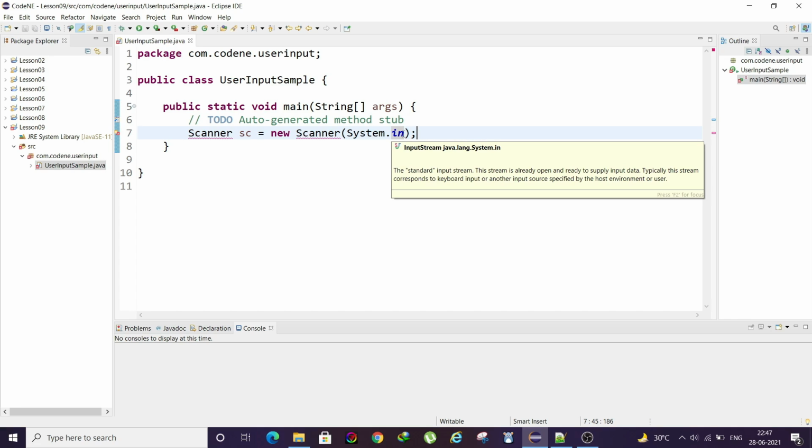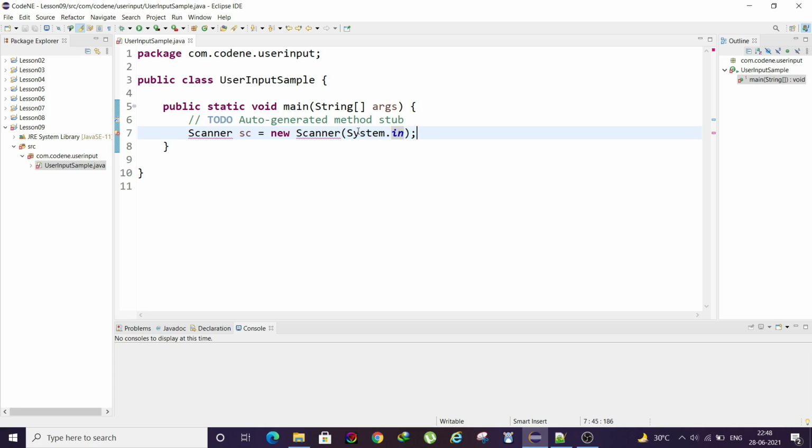In our previous lessons, you have seen that to display any output, we use System.out.println. Similar to that, there is a predefined object, System.in, which will take the standard input stream. So the Scanner class takes System.in as an argument to form the object sc.